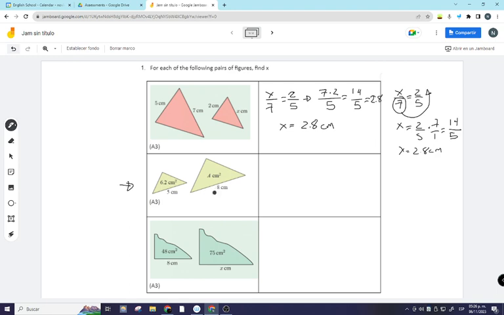In this case, we should find the scale factor. If you want a straightforward way to do it, basically find the figure that you want to find the value of. In this case, we want this area. So then make the scale factor